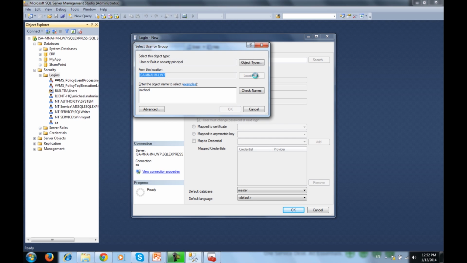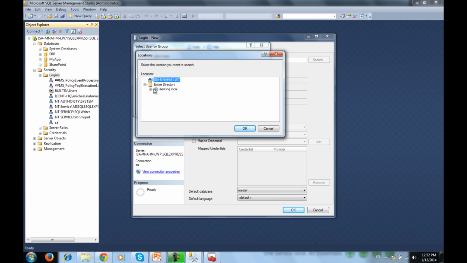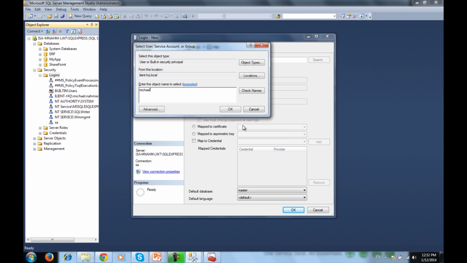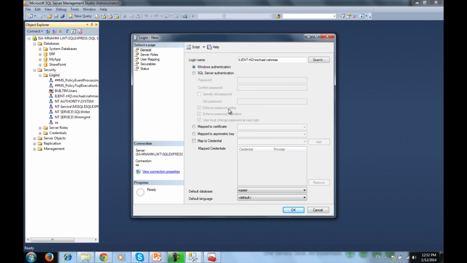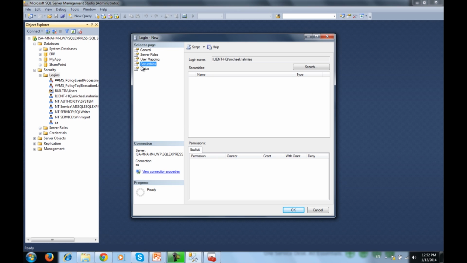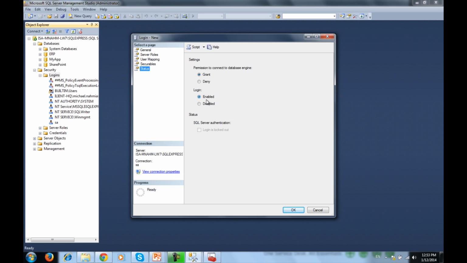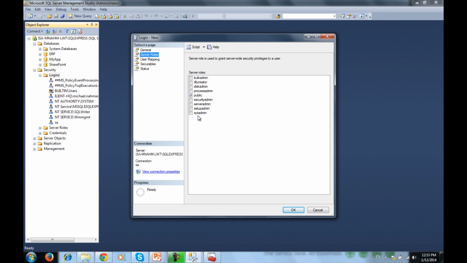Sorry, I have to choose the domain. And there we go. So this account is a Windows authentication account, so we don't have to manage the password and password policy and nothing like that over here. We need to make sure this user is enabled and is granted to connect to the database engine. And under server roles, I'm also going to grant the sysadmin server role so that we can use that account